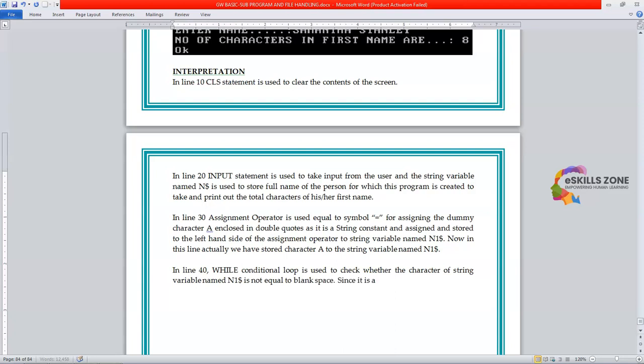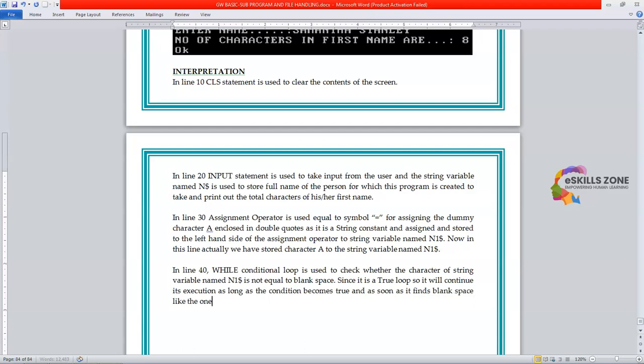Since it is a true loop, it will continue its execution as long as the condition is true, and as soon as it finds blank space